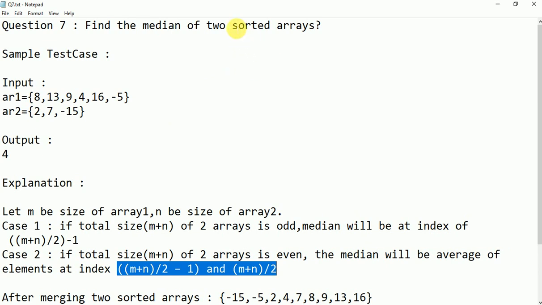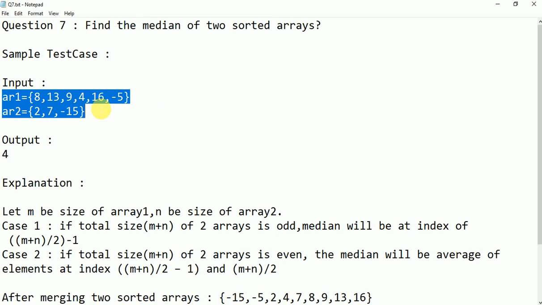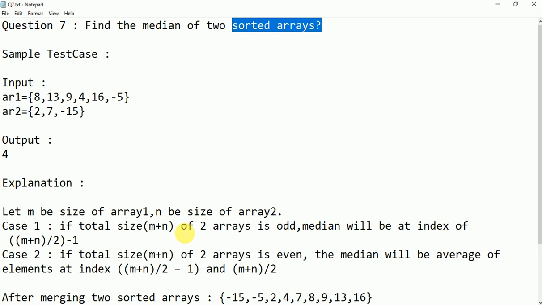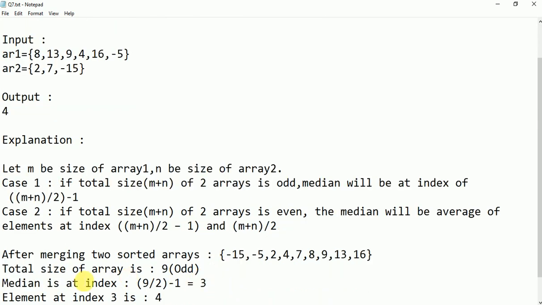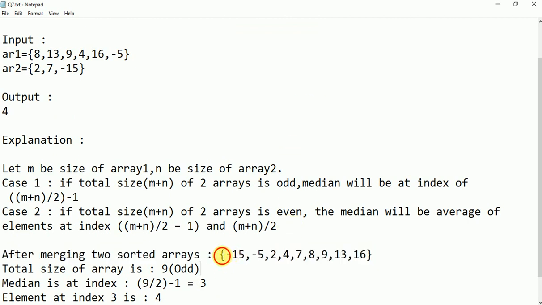Here you can see sorted. Sorted is nothing but, first we have to merge the two arrays, whatever they give. Merge the arrays, it's your wish, array 1 plus array 2 or array 2 plus array 1. Once you merge it, you have to sort the array. After merging, you get it like this. They did not mention any increasing or decreasing order, like ascending or descending, so generally we do it in increasing order. Increasing order is like this with the given elements.